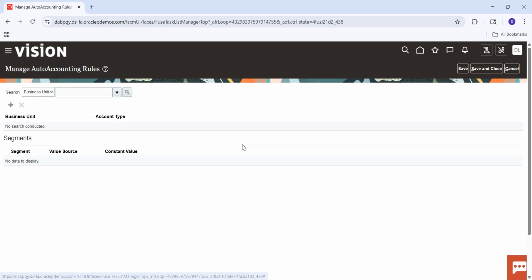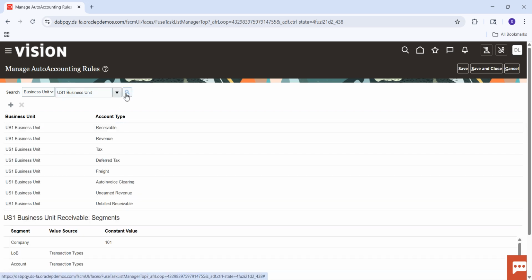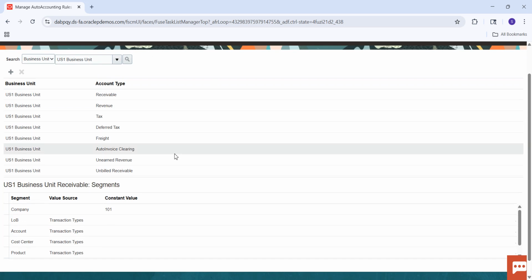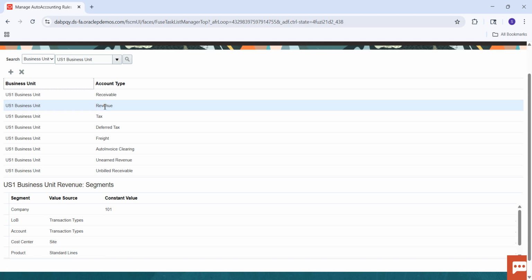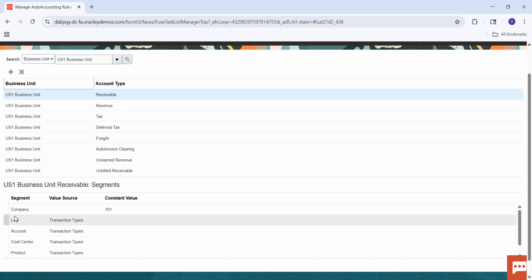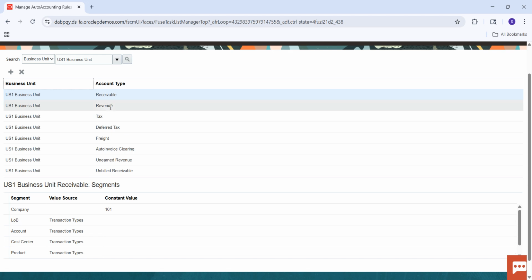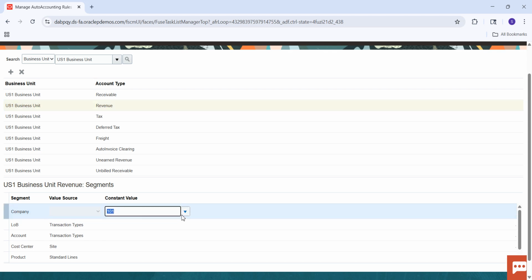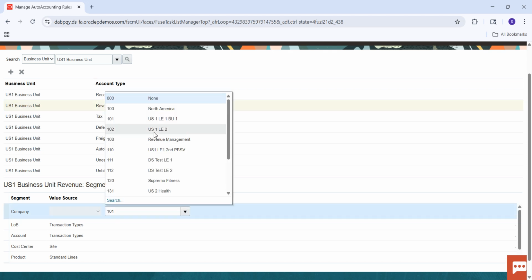Manage auto accounting rules. We are working on where we have created the invoice for US1 business unit. So let us search for US1 business unit. We want the balancing segment value to be different for revenue and receivables accounts. So we will change the balancing segment value for revenue account. If you see, for receivables account, balancing segment value is 101, and even for revenue account, it is 101. So I will change it to 102,